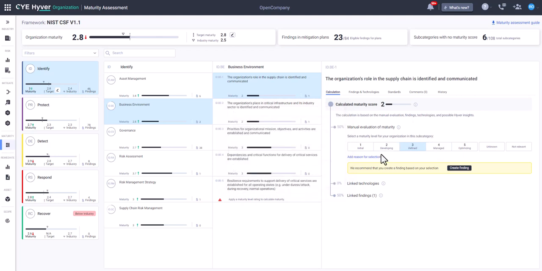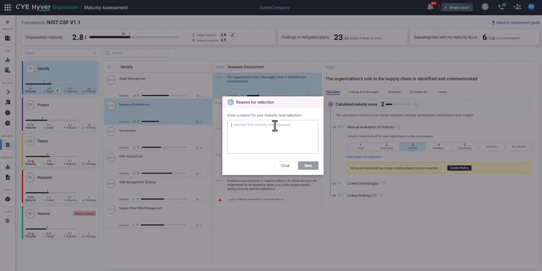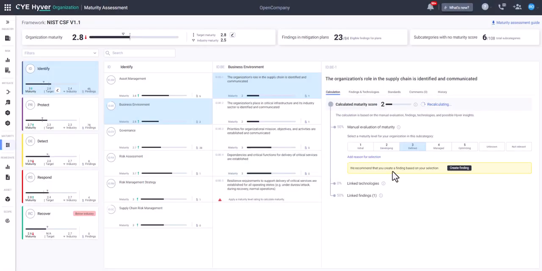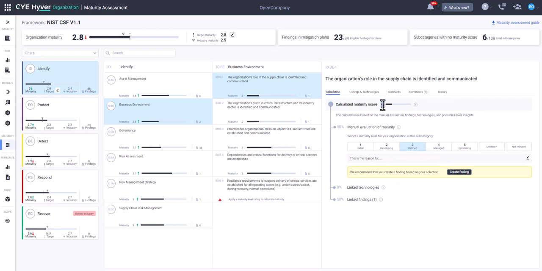You may add a reason for your maturity selection that informs others and can be used for later review. The calculated maturity score is based on a combination of the manual evaluation, linked findings, linked technologies, and possibly data from Hyver insights that contribute to the score. The score is split between the active elements. For example, if there are only findings and a manual evaluation with no linked technology, then it's 50% weighting for